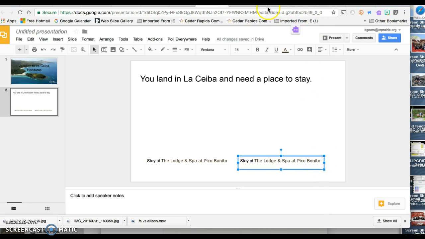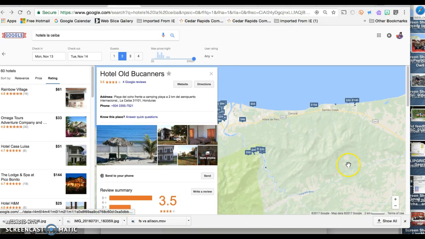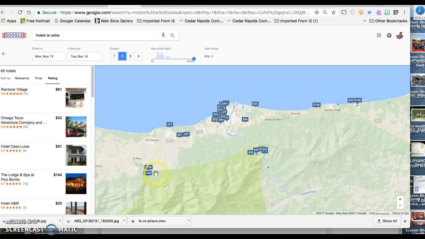what this one says. I wanted to show you how I decided on another hotel. So I'm going to go back to here. If you were watching earlier, I picked one that was inland because it was in the rainforest. So then I decided to pick one that is on the coast, and I've already read the reviews. The Old Buccaneers, it's not quite such a good thing, but I'm going to pick it anyway. You can pick all fancy ones, but I'm picking this one, Hotel Old Buccaneers.